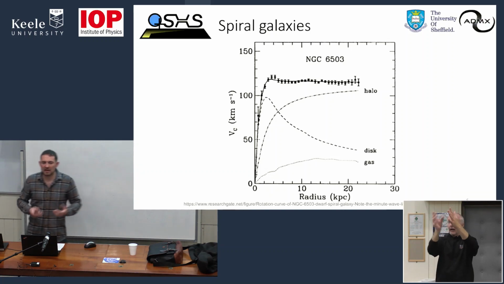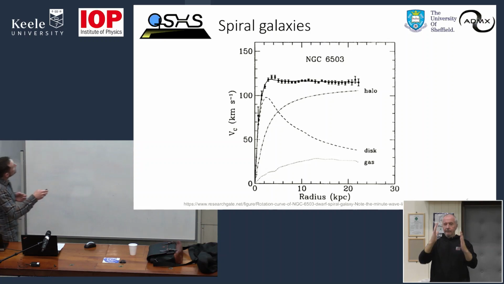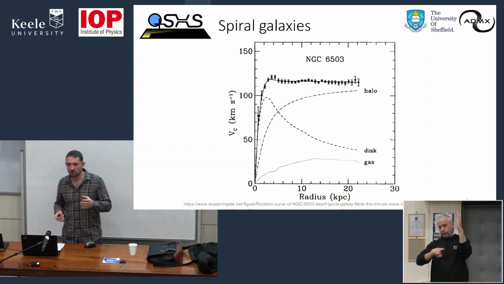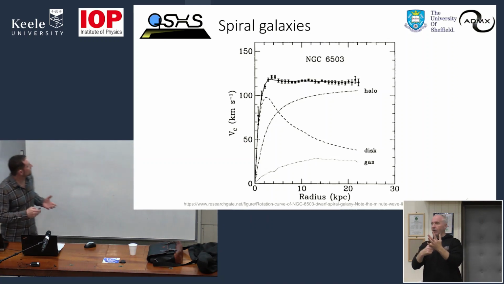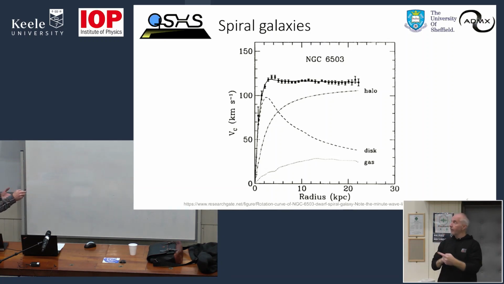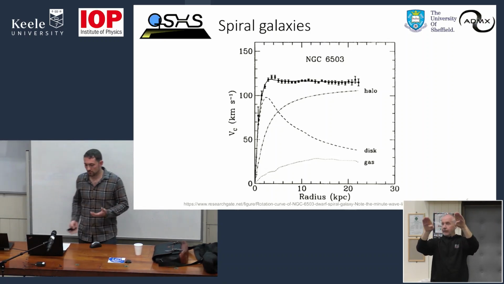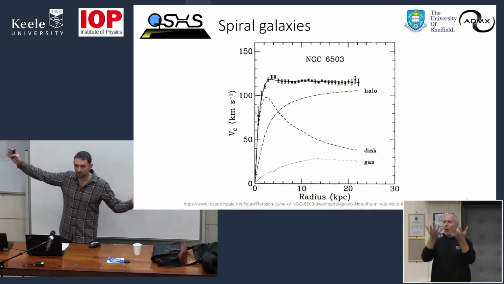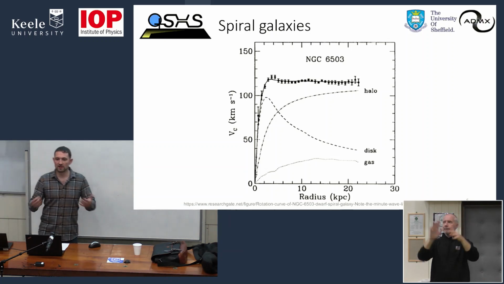Well, we can map this out, and what we would expect is to see something like this disk line just here, and that's decaying off at 1 over the square root of r, which is not what we see. The actual data from this particular one is this line here. Coming out of the galactic centre, it's actually quite flat, which poses a problem because knowing that gravity is what's holding everything in and stopping it from flying off into space,